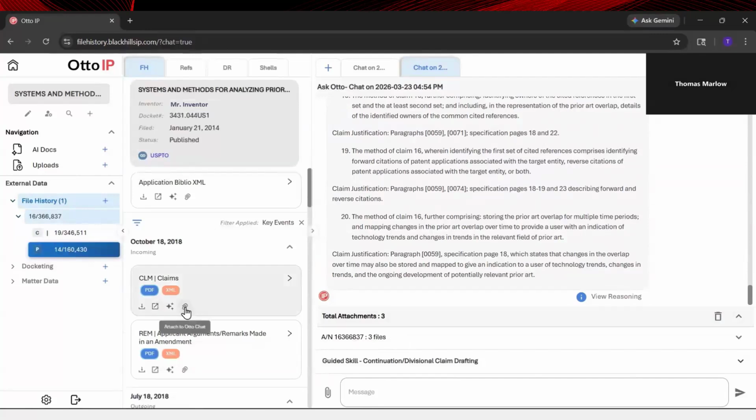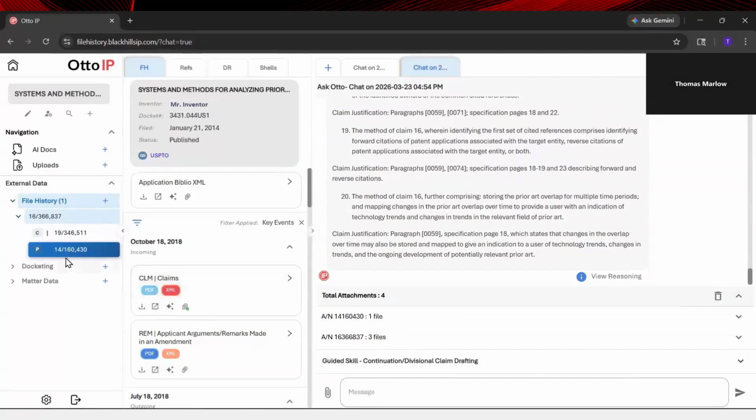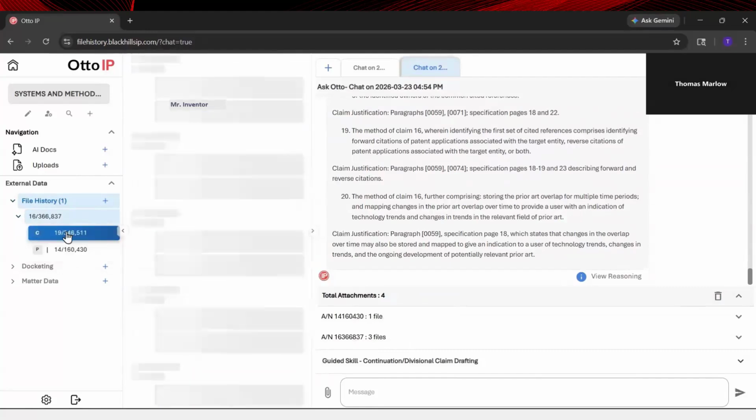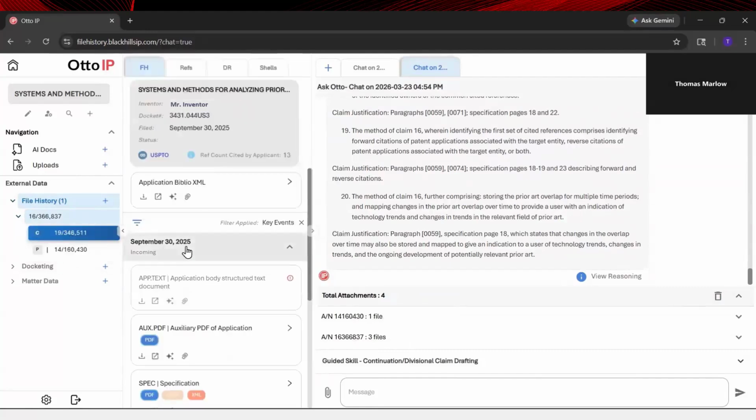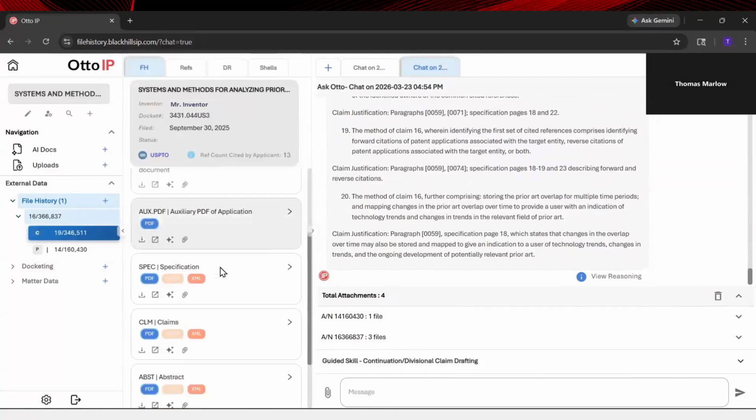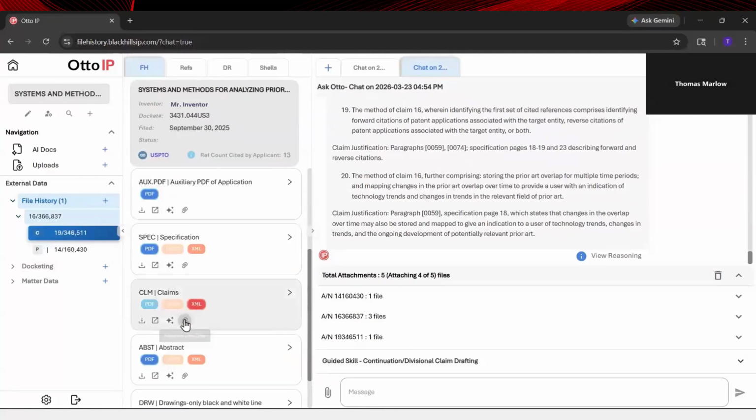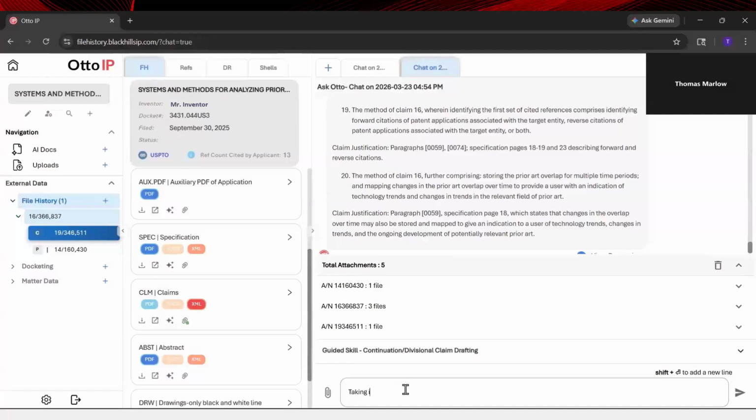I'm going to grab its last claim set. Then I'm going to go into the child and grab its last claim set. And I'm going to attach both of those. And then I'm going to give a custom follow-up prompt, taking into consideration the claims from these family members,